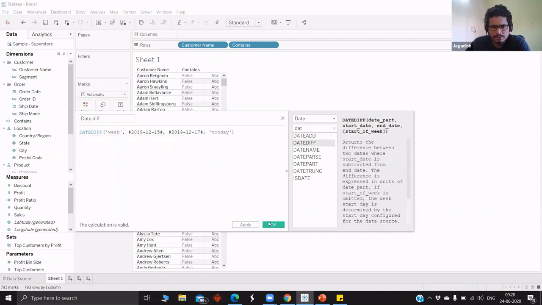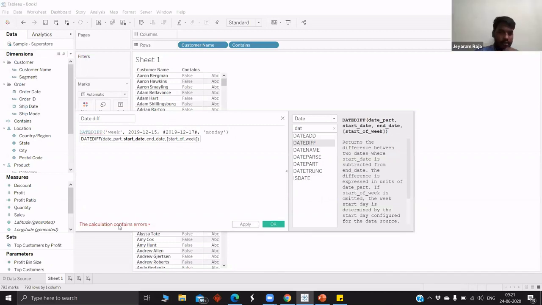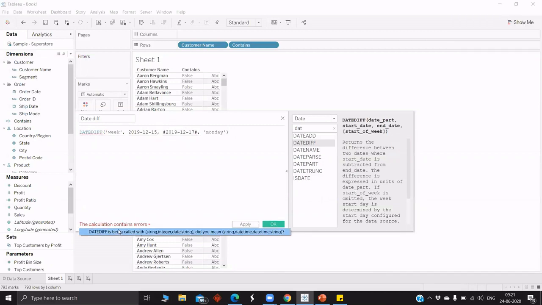Okay. So it turns out that when we use a single date value, then we have to give the hash. If we use a field, then we don't have to, right? We don't have to. Basically we are using the hash to define it as a date. If you don't use the hash, it's considered to be a string. That's the error it shows. Okay, got it.